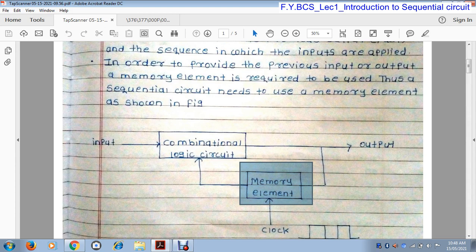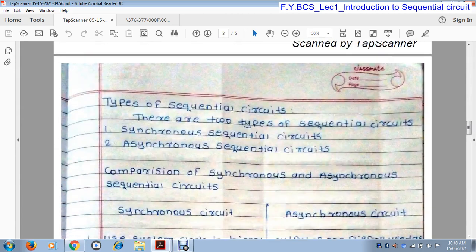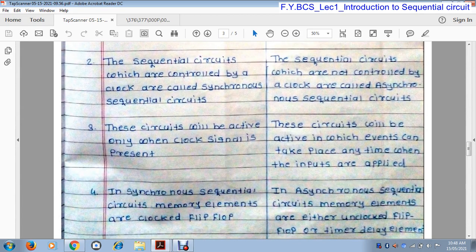If we use an unclocked flip-flop, then the sequential circuit becomes an asynchronous sequential circuit. And if we use a clocked flip-flop as the memory element, then the circuit becomes a synchronous sequential circuit.